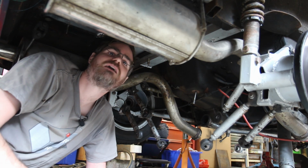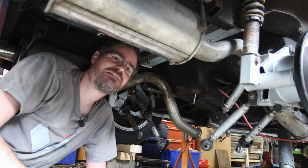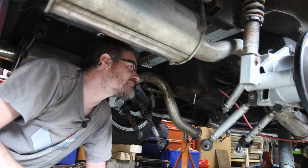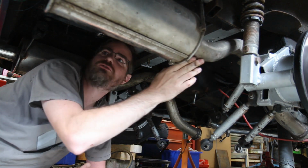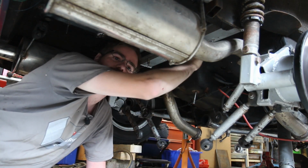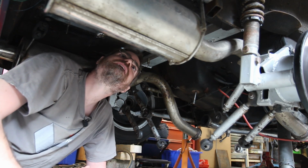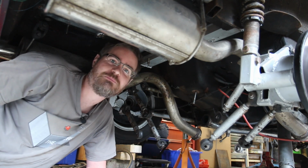Well, at least I've found this out now, and not in another 4 hours' time once I've actually finished everything, although it's mostly done. So yes, I'm going to get the diff in and see if there's anything I can do to tweak this exhaust slightly. But otherwise, I think I'm going to have to chop out some of this floor I put in and put back in that hump so that the exhaust can go back up there, and then I have to remake the shelf for the tank to sit on, much like I had before, and